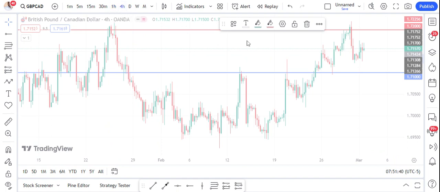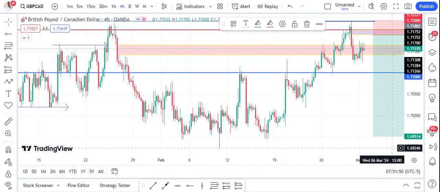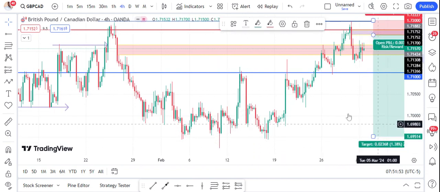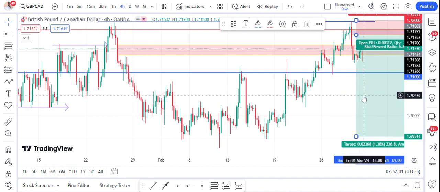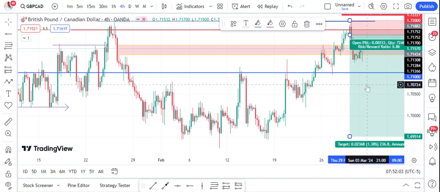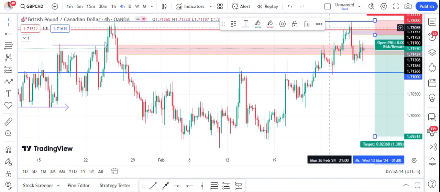Should the market drop from this 1 hour fair value gap, I'll be expecting that these lows around here be taken out. A trade around here to this zone has a potential of 1 to 6.8. So risking $1 you'll be getting $6.8 out of this market, which is very cool. So that's the reason why I'm doing another position in this market.